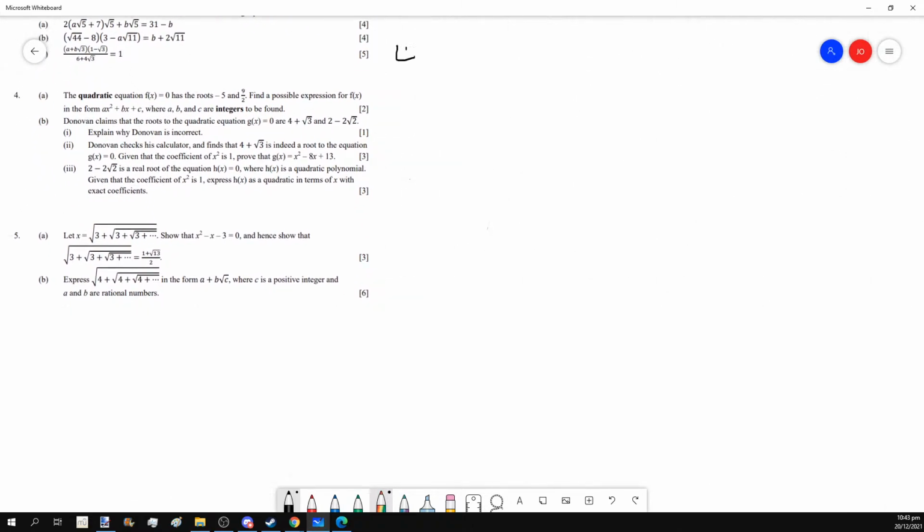Question 4a tells us we have a quadratic equation. The roots are negative 5 and 9 over 2, which is just a nice way of saying that the solution to the math problem is negative 5 and 9 over 2. Afterwards, they want you to find the original math problem. So part A is actually a bit of a joke, because if we know that the solution is negative 5 and 9 over 2, then that means that we can simply create the original math problem by working backwards with the